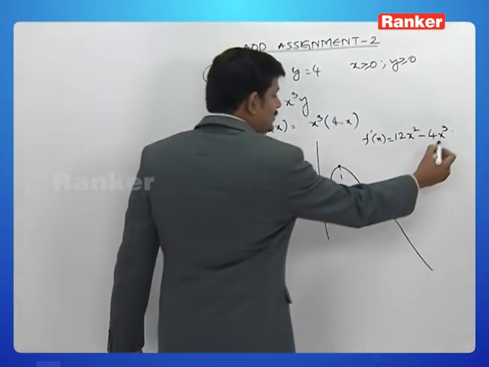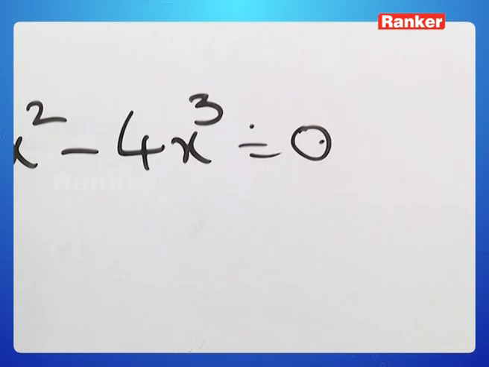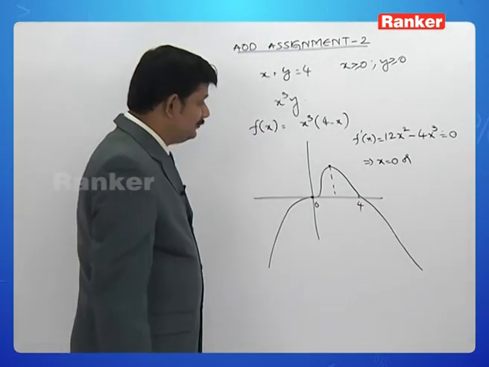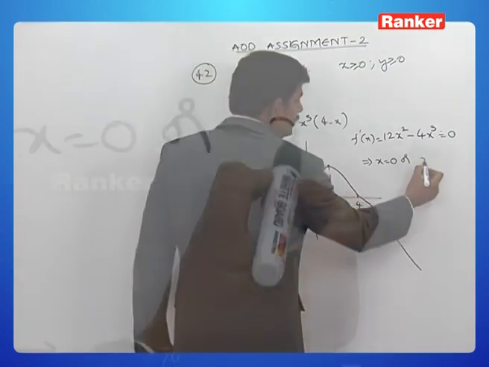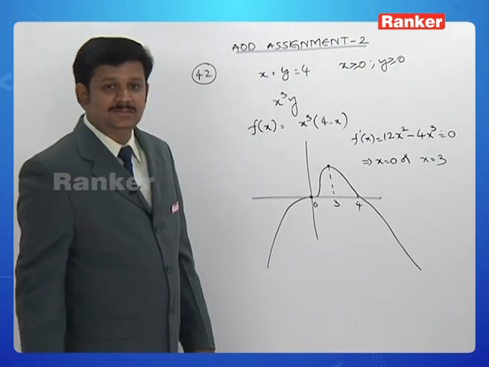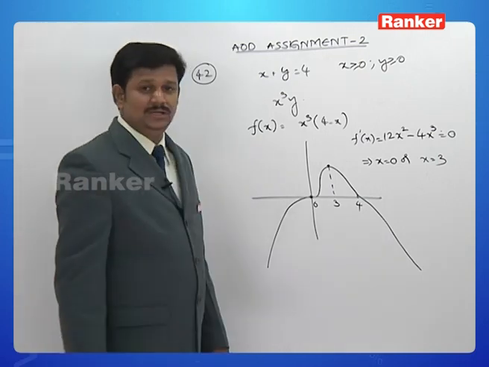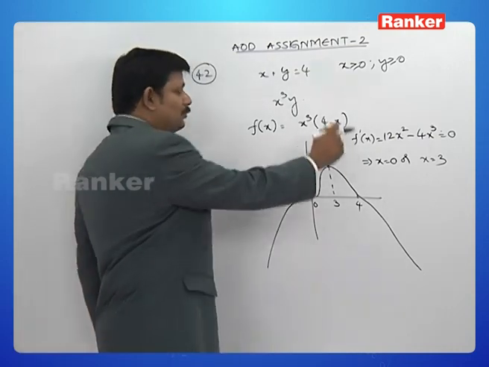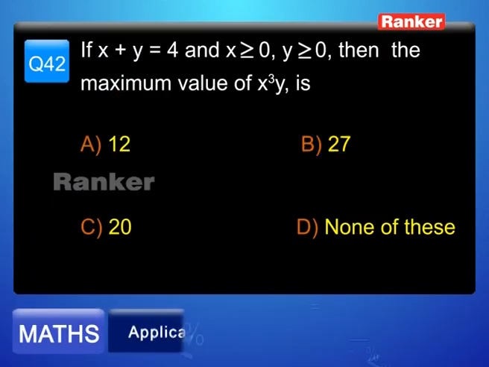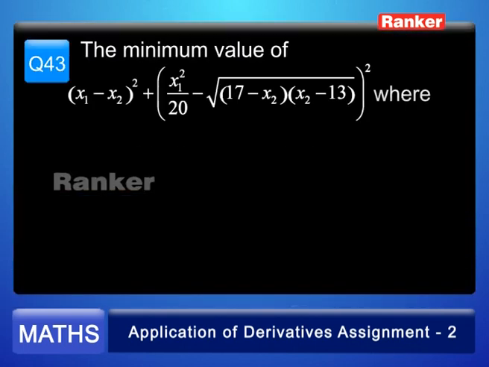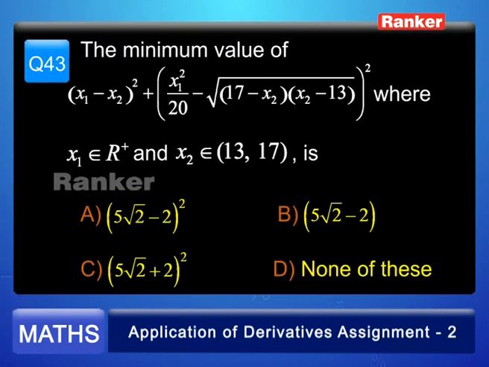So, f dash x is equal to 0 implies either x equal to 0, that is at the point of inflection, or x is equal to 3, that is at this point. So we have maximum when x is equal to 3 and the maximum value is 3 cube, 27, into 4 minus 3, 1, which is 27. So the answer is 27. Next question,